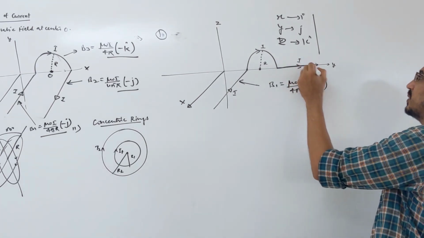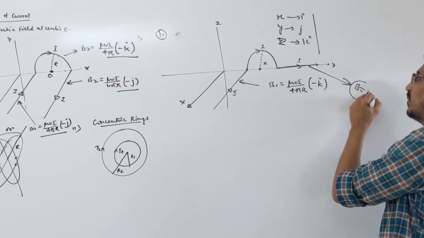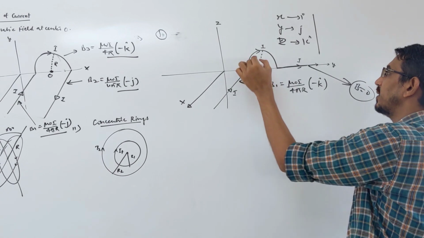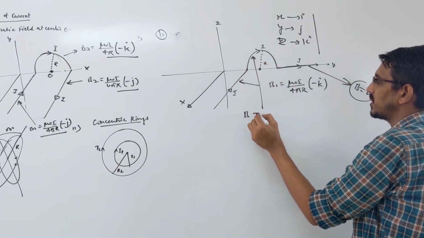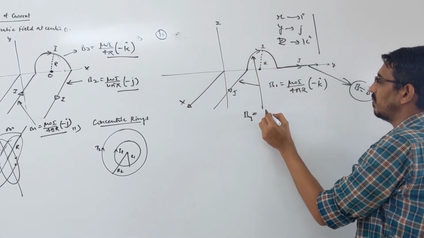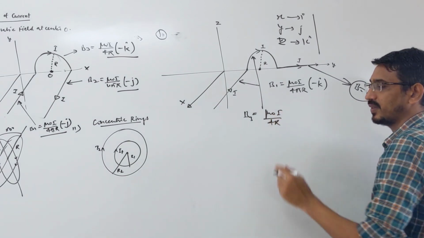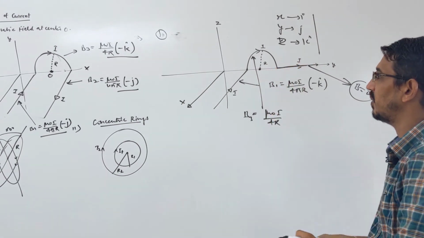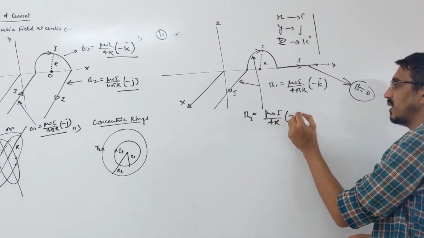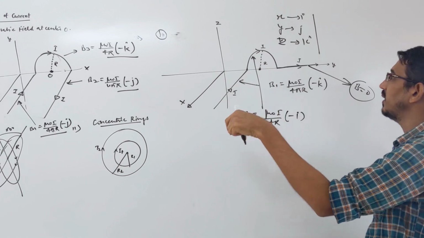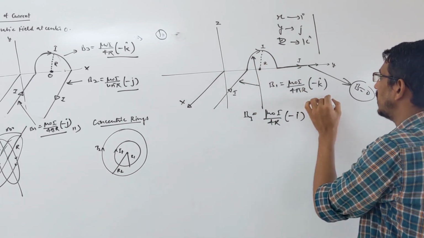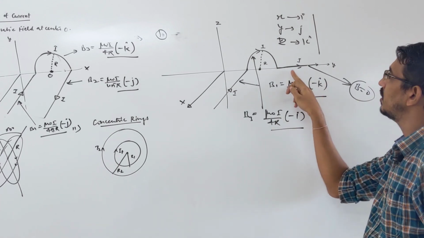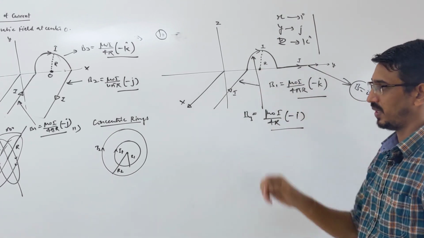Then what is the magnetic field due to this other part? Directly 0, because this point is along the length of that wire. Then the ring remains. The magnetic field due to this half loop is mu naught I upon 4r. What is the direction of the field? Grab with your hand, fingers go straight inward, the opposite, which is minus i. Outward means plus i, plus x; inward means minus i. So these are the two fields, and you have to add them. That's your answer. The field due to that part is 0, because point O is along the length of this wire itself.